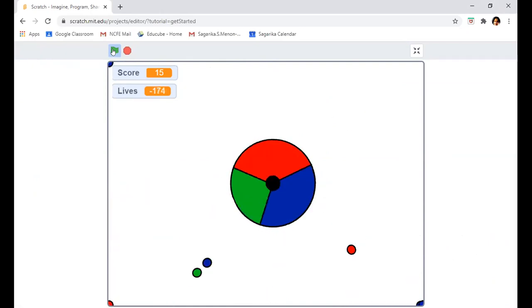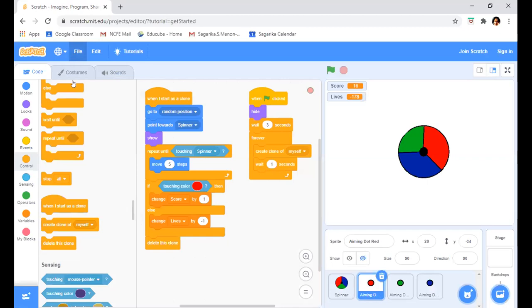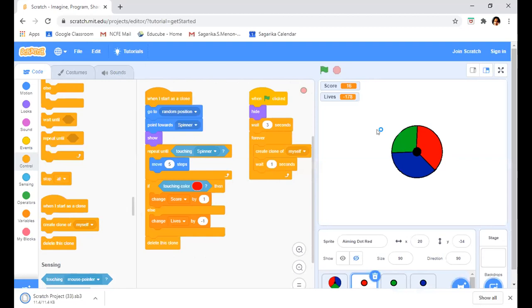Okay. Anyone else wants to show? No, sir. Wait, sir, can you just give me 1 minute? Okay. Sagarika, you share. I'm just coding for that lives. Okay. Nah, I'm not doing that. I'm doing Stop all. Okay. Anyone else wants to show? Sir, I want to, but can you just give me like 1 minute or something? Okay.